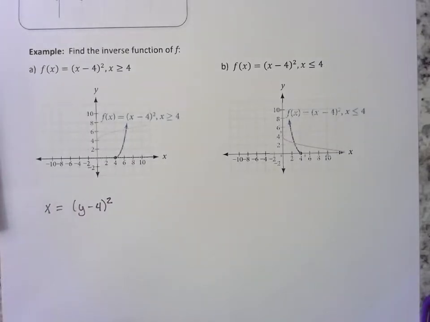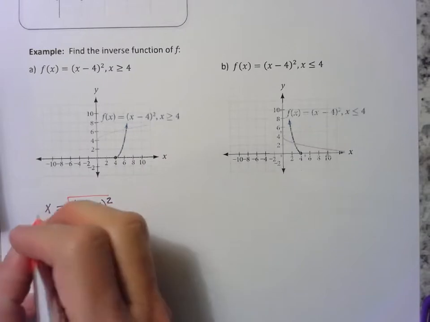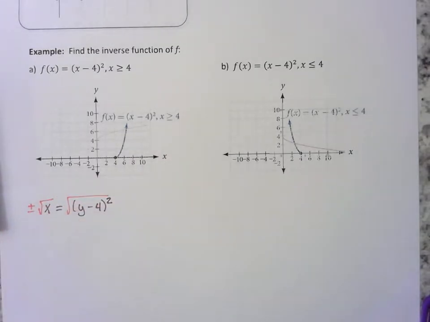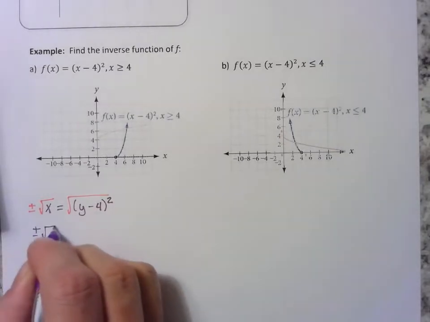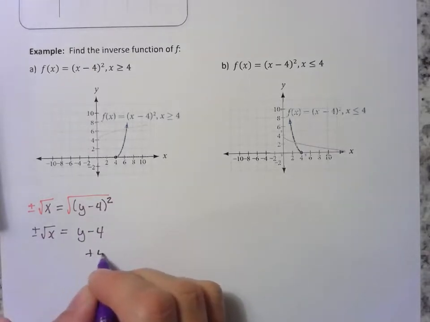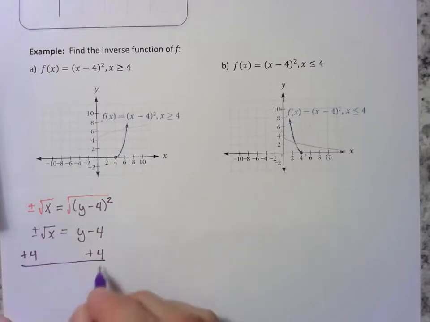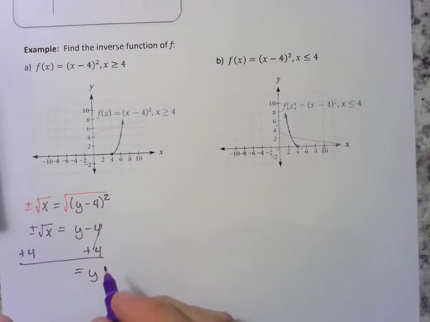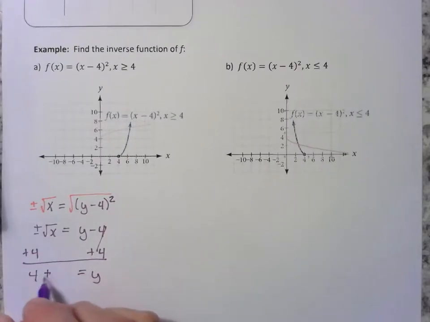Well, to solve for y, I need to take the square root of both sides, which means I need to do a plus or minus, right? Don't forget plus or minus when you take the square root of both sides. Okay, the square root and the square cancel, leaving us with y minus 4. Now we add 4 to both sides, and I get y is equal to 4 plus or minus the square root of x. In other words, f inverse of x is equal to 4 plus or minus the square root